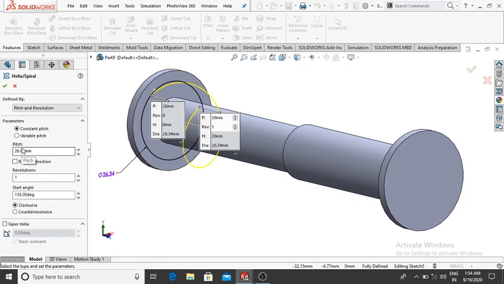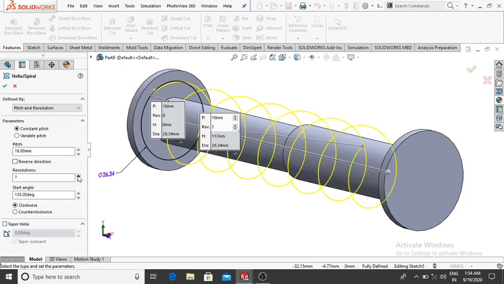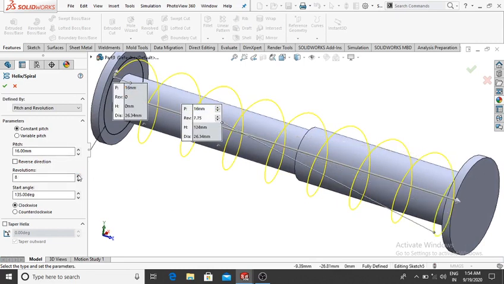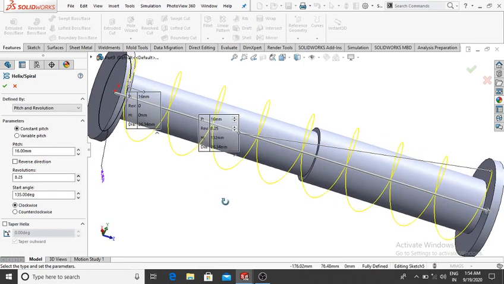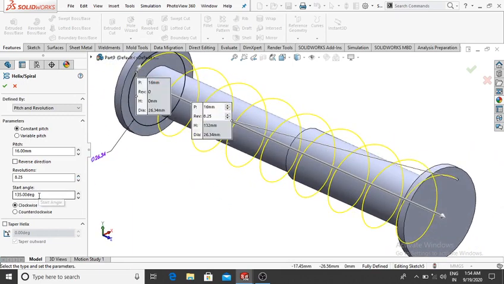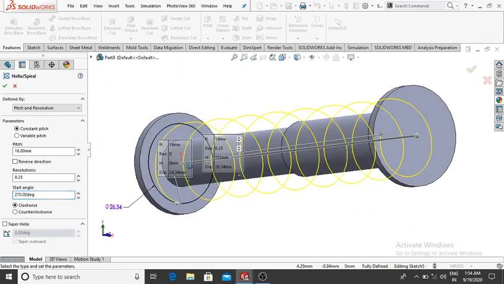Here we make the pitch, so make the pitch 16 mm, and make the revolution 1.25 revolution, and here we make the start angle, so make it 270 degrees. Now look, and OK.